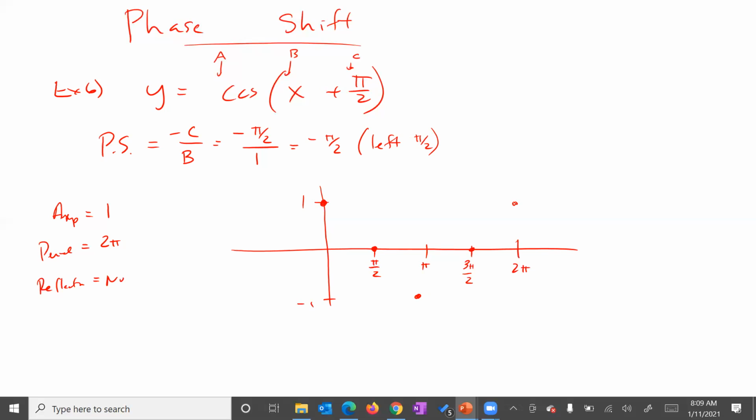So what we're going to do is take this guy, and we're going to go to the left pi over 2. So all these dots, we're just going to translate them back pi over 2. And so in this case,